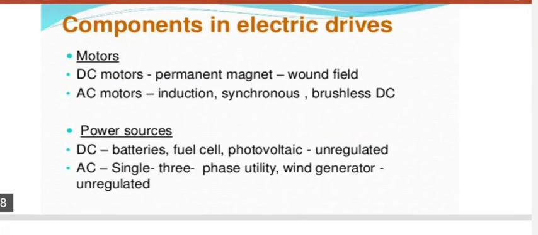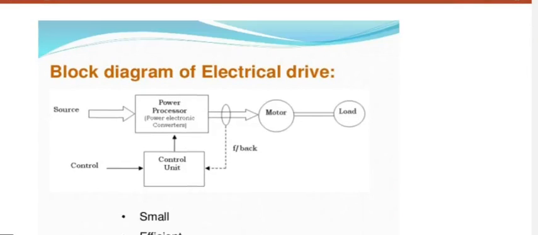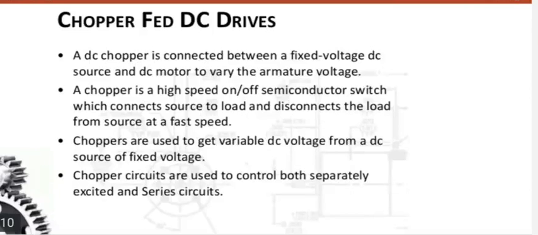Power sources are DC or AC, batteries, fuel cell, that means solar cell, or AC single phase. We have seen all this. So I'm just going to complete this block diagram. We have seen it several times already. Chopper is the circuit that controls the input to the motor. It takes the input from the source and modulates it to get the best possible input to the